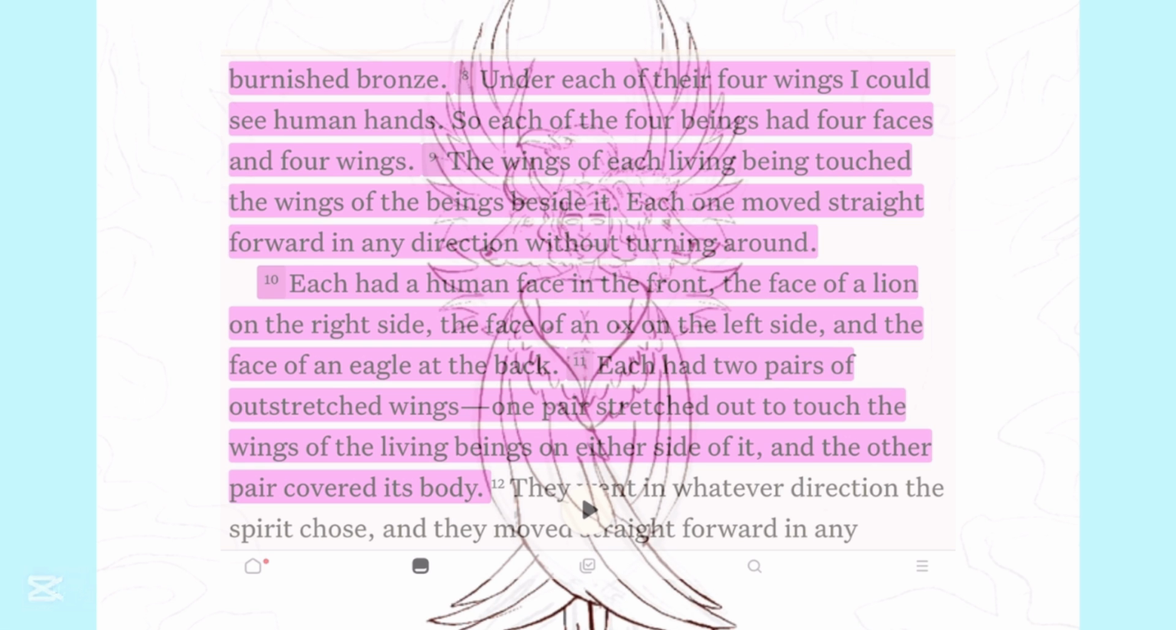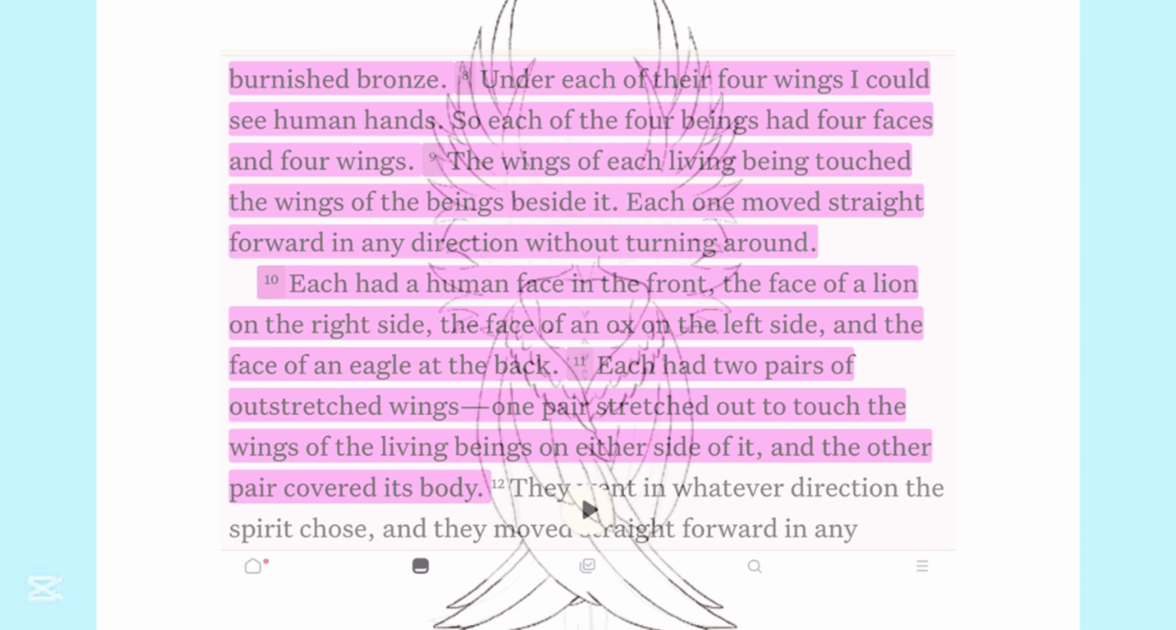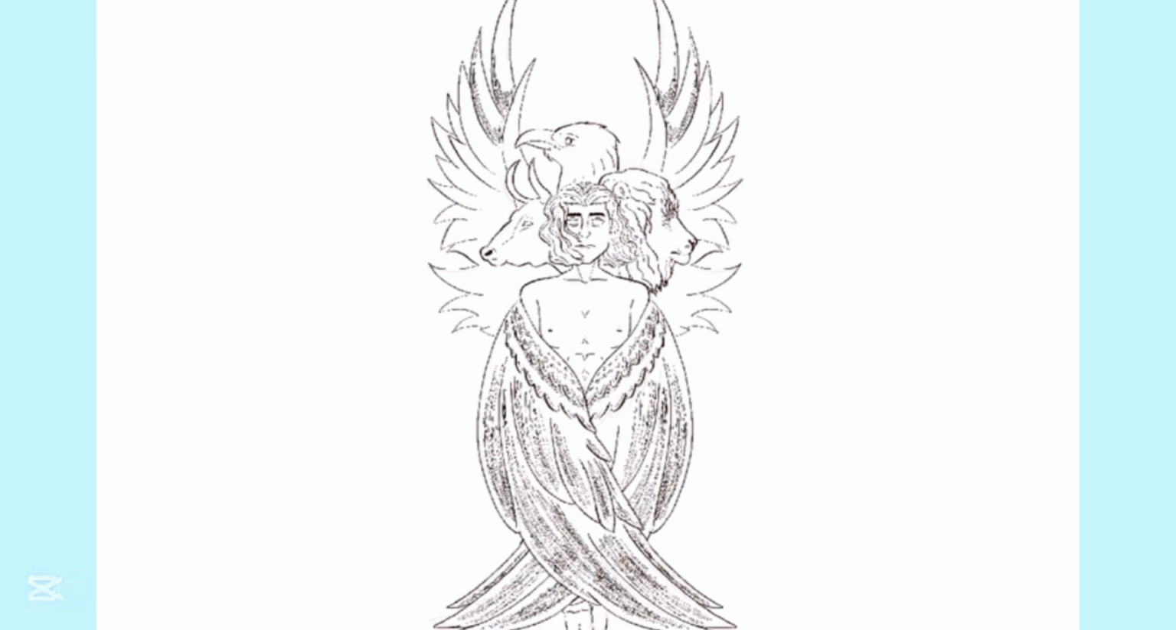Each had a human face in the front, the face of a lion on the right side, the face of the ox on the left side, and the face of an eagle at the back. Each had two pairs of outstretched wings. One pair out to touch the wings of the living beings on either side of it, and the other pair covered its body." So for this design, I was a bit confused at first because there are two different versions